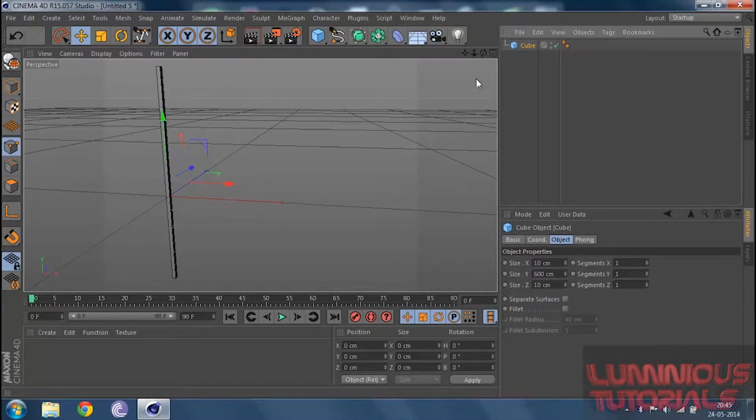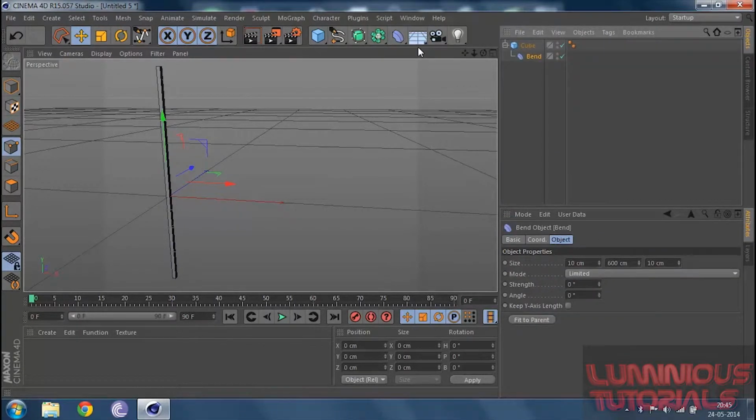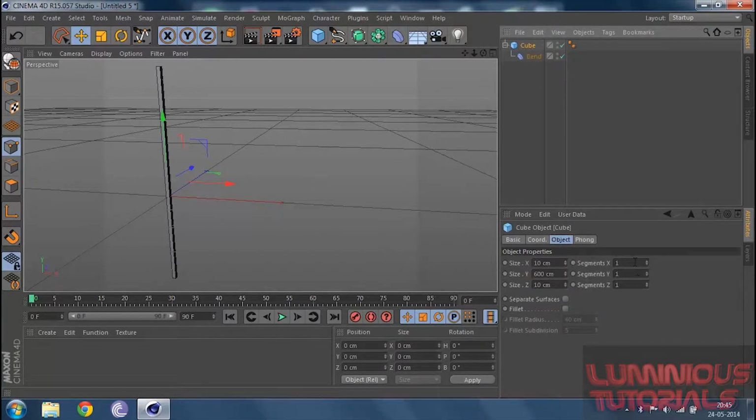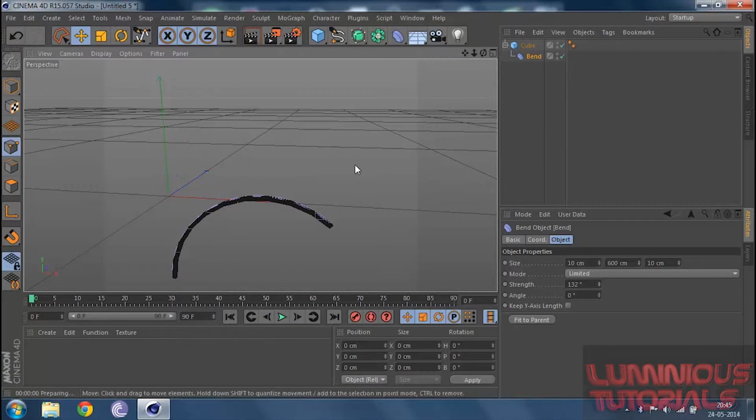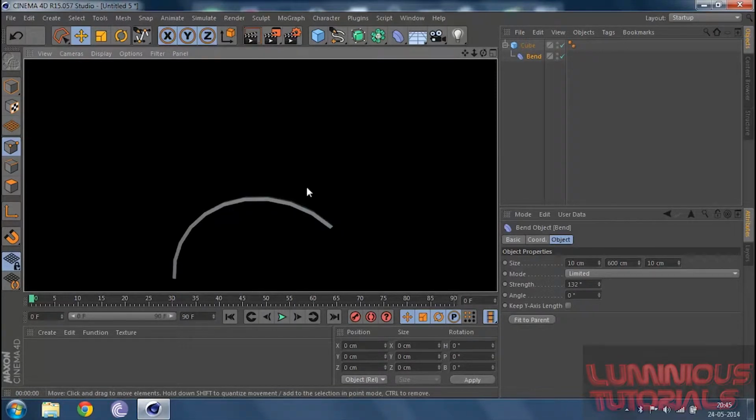Now I click the cube, hold shift, and click on this deformation tool, the bend tool. So I get a bend under the cube. As I told you, I'm going to explain editing later, so in this tutorial just don't worry about what I'm doing now. If I go to my bend tool, I can increase the strength to bend my cube. Let me show you the render view. This is how my cube looks. And you see, it's not a perfect bend, it's not a smooth bend too.